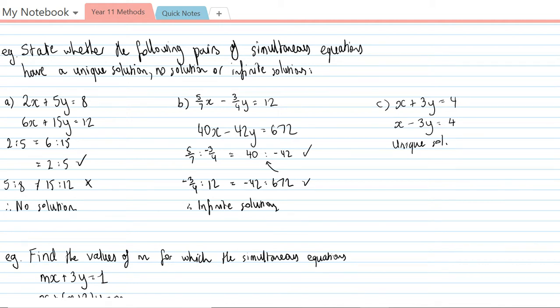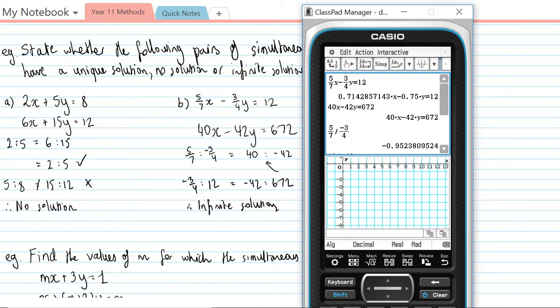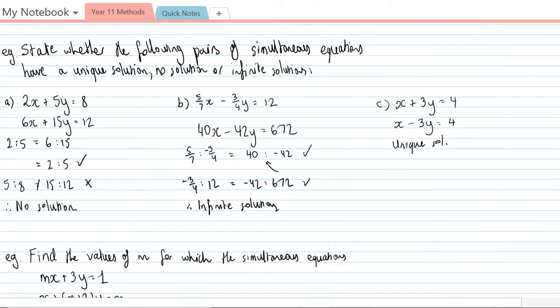Hi everyone, just continuing on with the geometry of simultaneous linear equations. I'm going to start this one off by saying that there was something I left out of the last video, something I even mentioned, I just forgot about it. But I wanted to show with question B in this part right here,